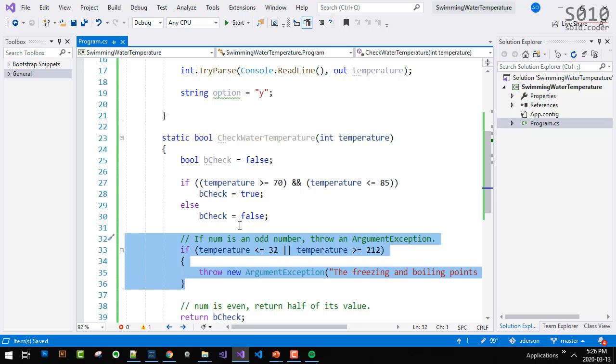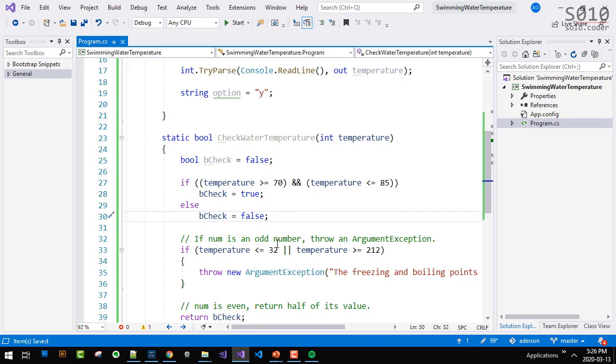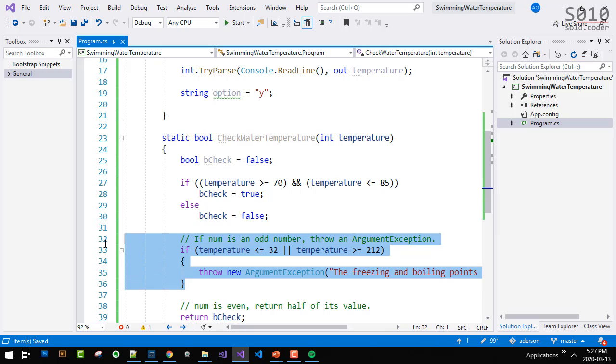Yeah, so correct. If we put this before, and the temperature is already invalid, tell me right away that it's invalid. Don't even try to do anything else after that, okay? Because here, if it's, let's say, 32, check is going to be false, but it's going to throw an exception anyway.